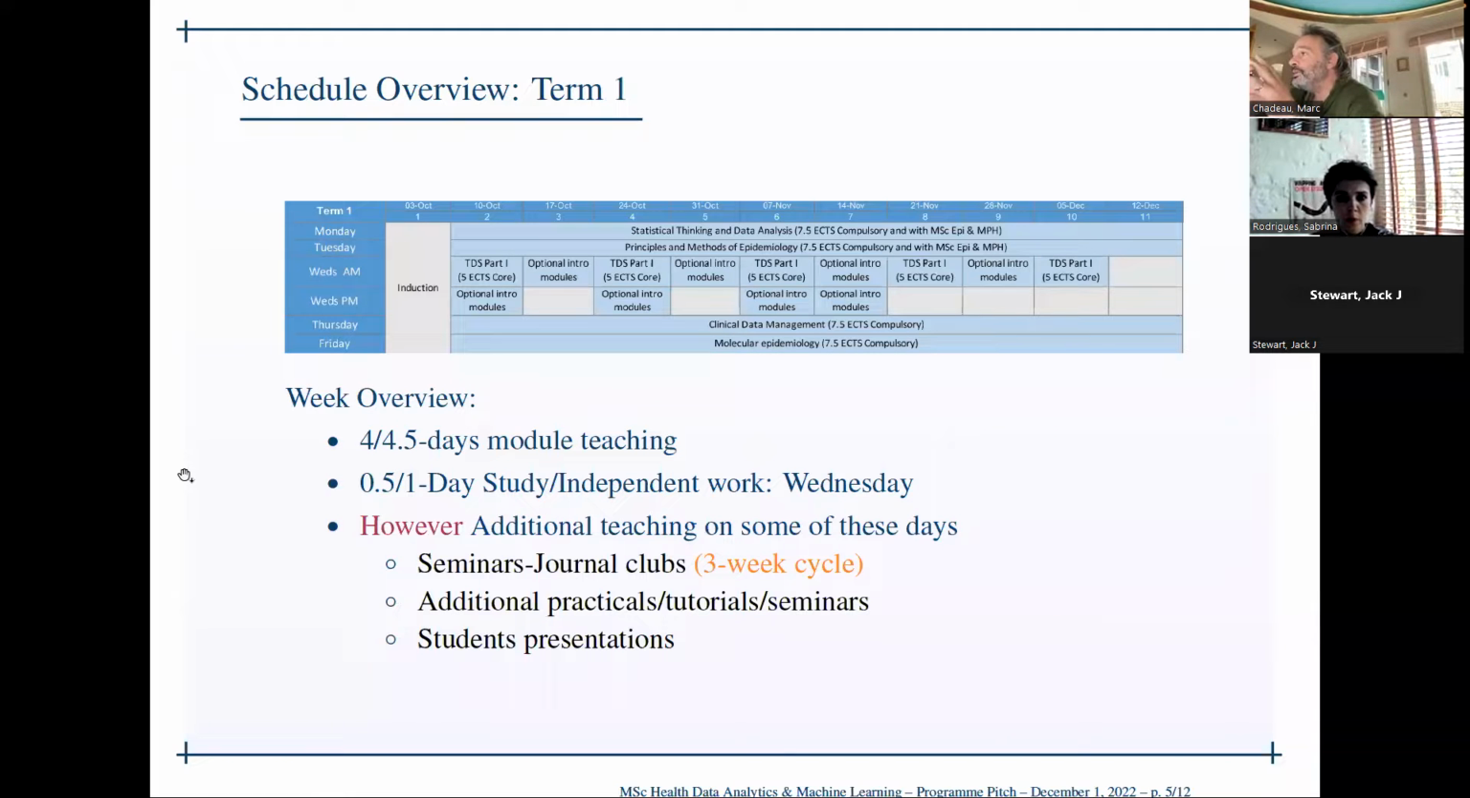So I'm going to walk you through how a year is broadly organized. Basically we have 3 terms. The first term, that is October to December, is quite populated in terms of module teaching. So you've got 4 to 4.5 module taught days with half or a full day of independent or study work